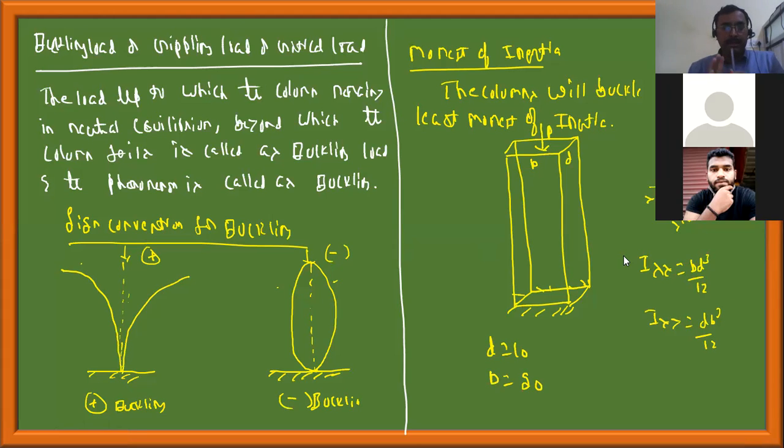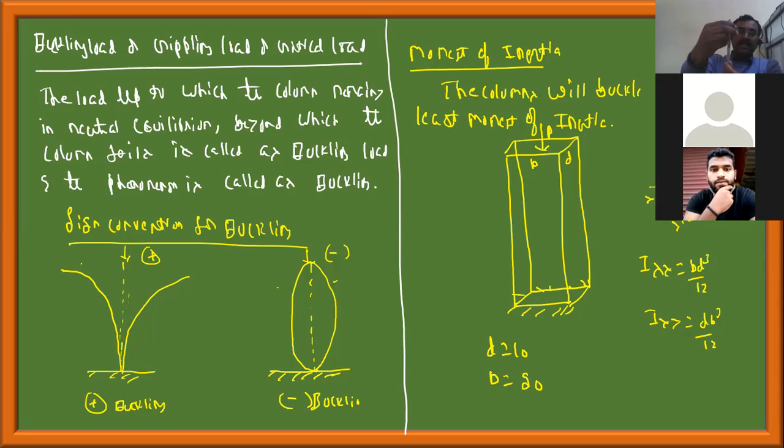If I take the column like this, if I apply a load, there is a buckling load like this. In which direction is it bending? It is bending in this direction. Your thumb is in this direction, but the scale is not bending in this fashion, isn't it? If I bend my four fingers in this direction, my thumb points in this direction. But we cannot buckle in this direction.